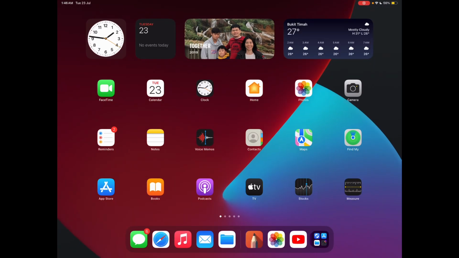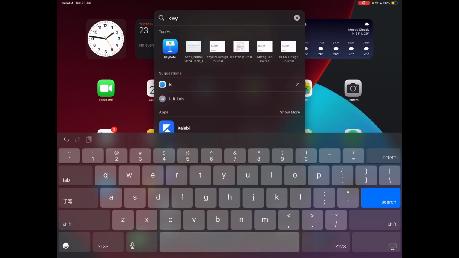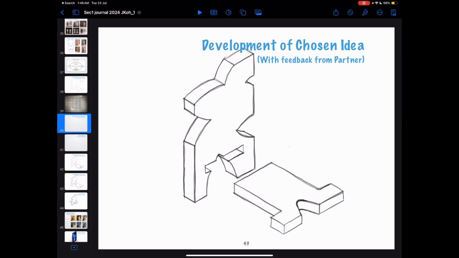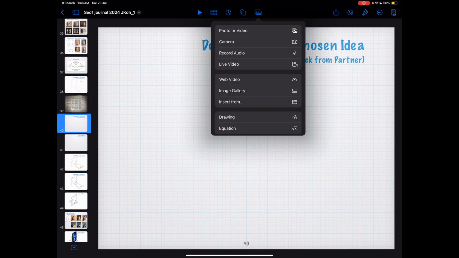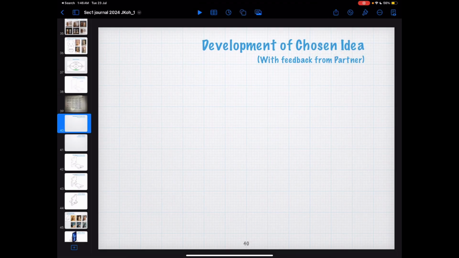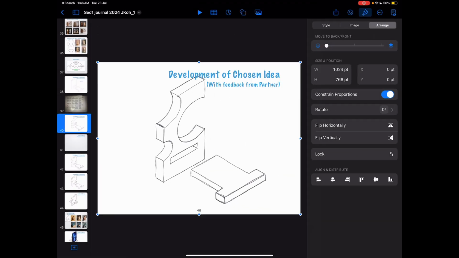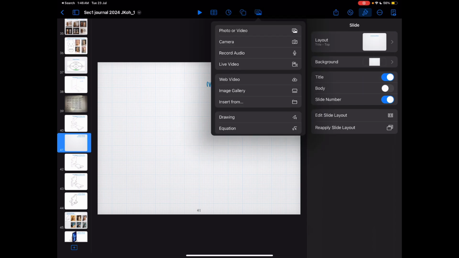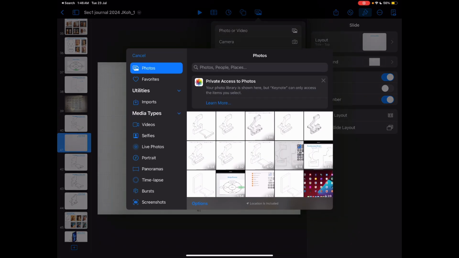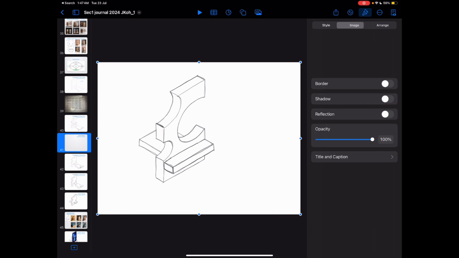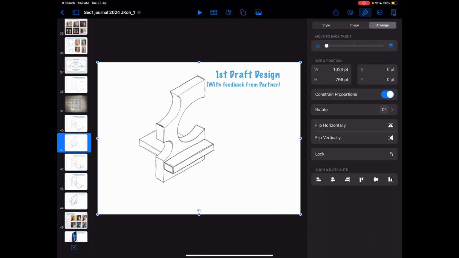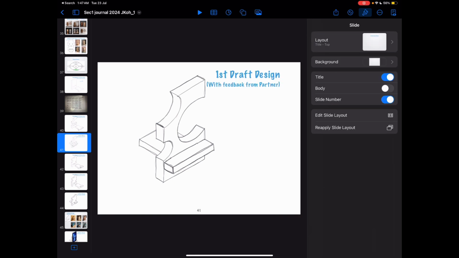So we will export them to our photo. So once it's exported to the photo, we can now go to our Keynote and start to import them into our Keynote. So there should be 3 drawings. The first drawing would be the one that is exploded, it means they are not joined together, 2 parts, right? Then the second drawing is the one that is joined together,